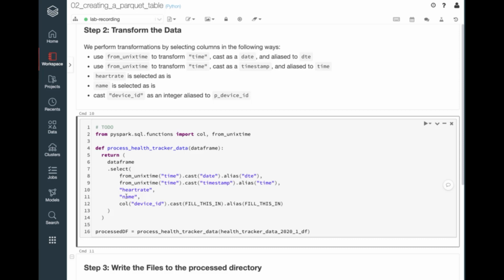Okay, heart rate and name stay the same, and then I want to grab that column device ID, and I want to cast that as an integer. And I want to give that p_device_ID alias. Great. So that's the thing that's doing the transformations, but I want us to notice before we move too far